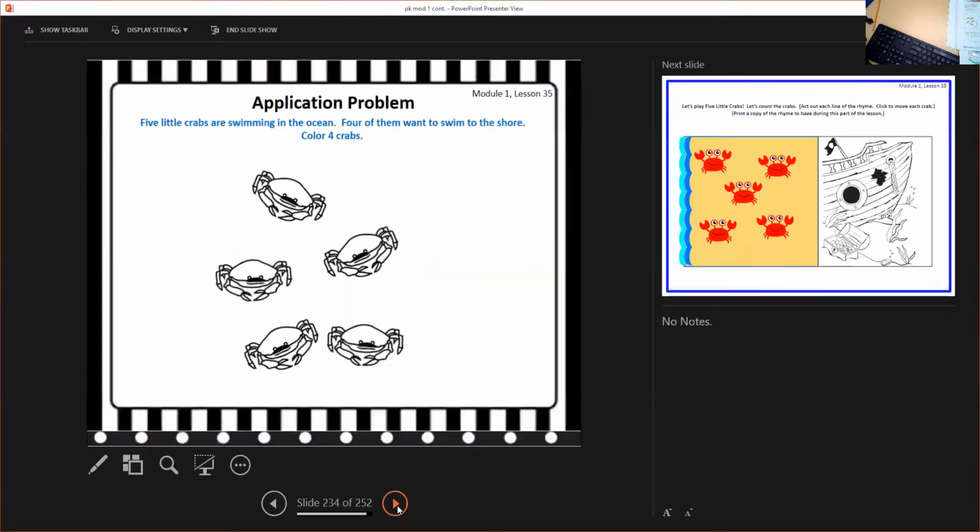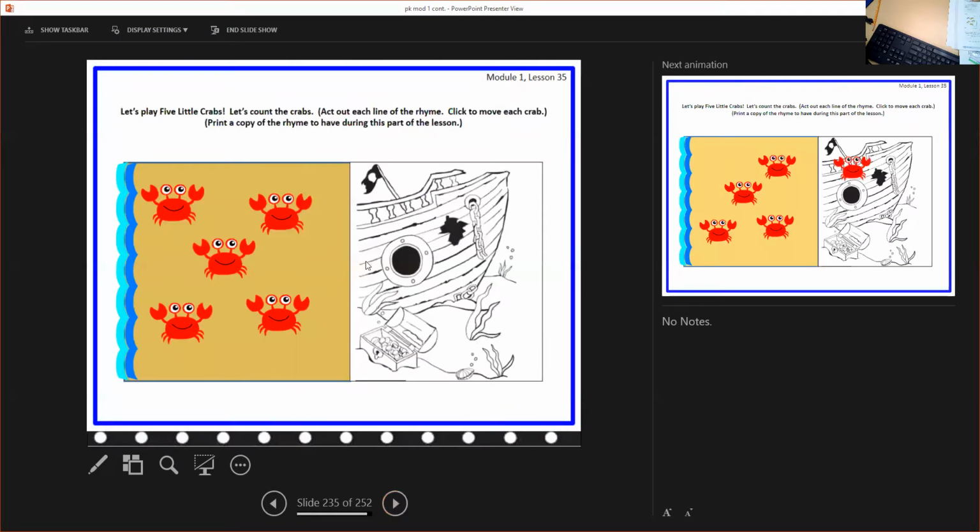All right, let's go to here. We're going to play 5 little crabs. We're going to start by counting them. 1, 2, 3,